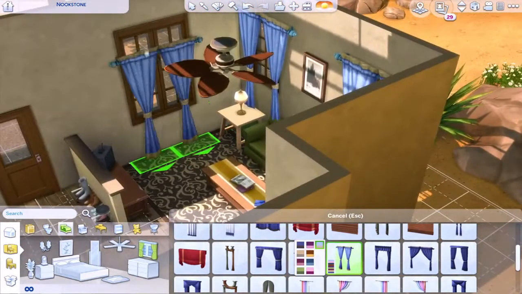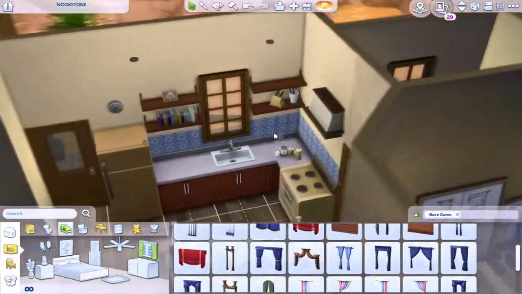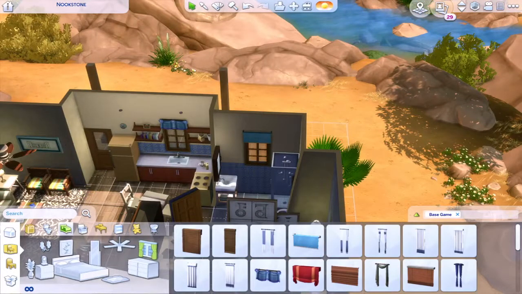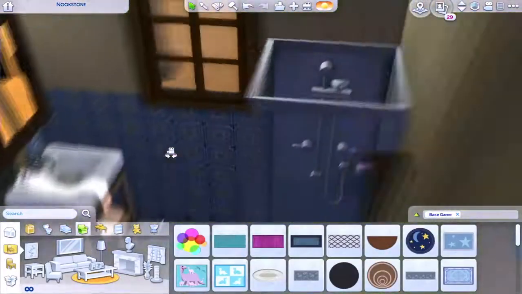I'm having a very hard time with words today. So yeah, I used these light blue curtains, and I thought that they worked well, and that's where I had changed the swatch of that couch. So we're going to add curtains in the bathroom and kitchen before we come back and just add some more clutter around the house. We're going to put a carpet in the bathroom,